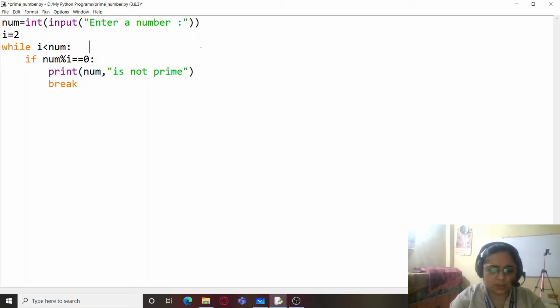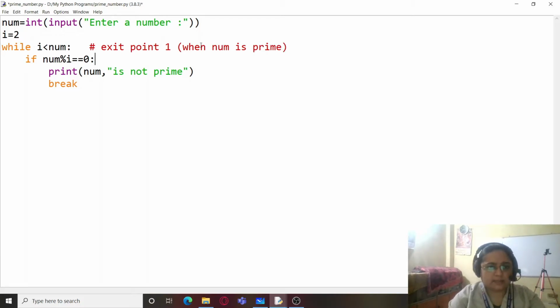So I'll just include a comment line. Exit point 1 when num is prime, and this is exit point 2 when num is not prime.